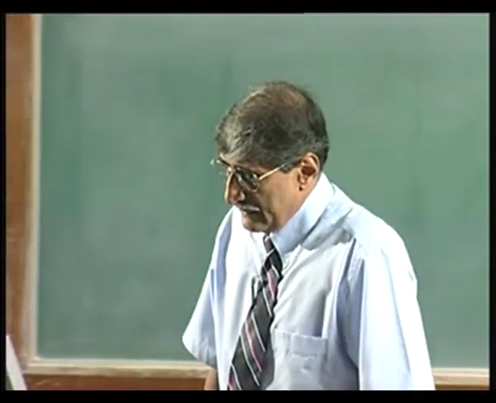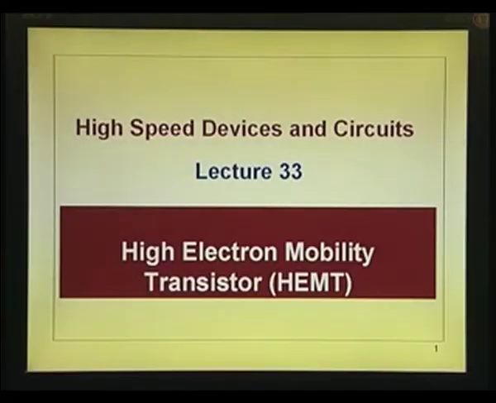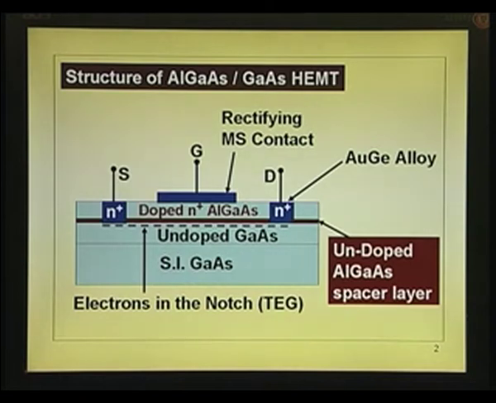We will discuss and continue to discuss the high electron mobility transistor. The structure of the device, as I pointed out in the previous lecture, is a semi-insulating substrate, undoped gallium arsenide. Notice there is another color layer added there, which is undoped aluminum gallium arsenide, and then a heavily doped N+ layer. I just pointed out last lecture that this layer is introduced, a thin layer of 20